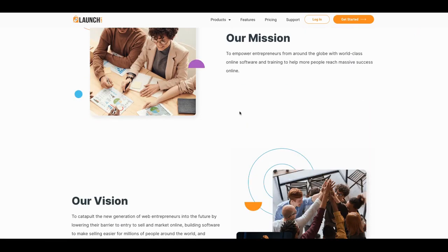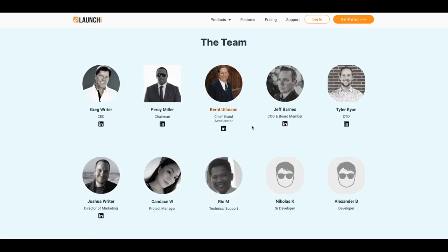Their team is Percy Miller, which is, you can look him up. That's Master P. You definitely can look him up. You'll know who he is once you look him up. And then I think it's Burnt Almond, right? Burnt Almond. This guy, I think this is the guy. It's either him or Jeff Barnes. But one of these guys